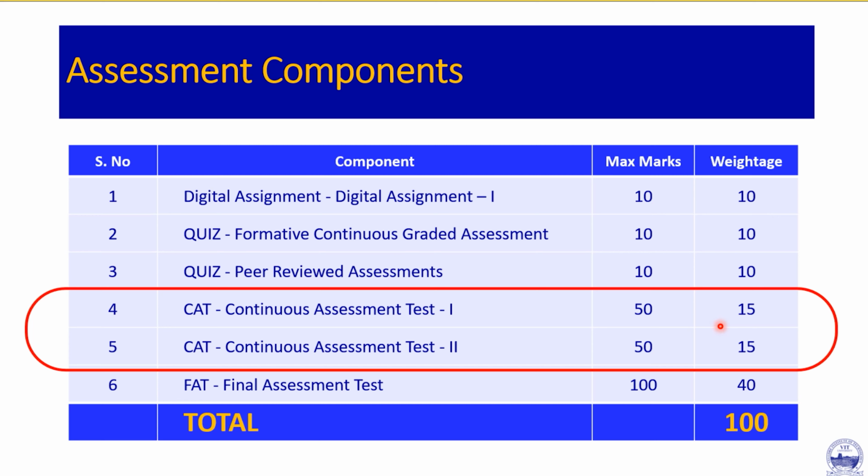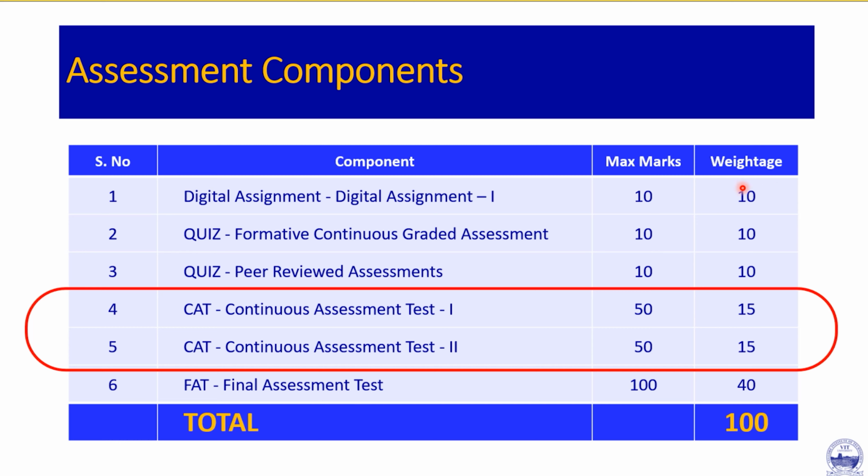Okay. So you will find that these two components have very great impact on your grade book. If you get 15 and 15 here, which is very difficult, you will be able to make 30 marks in your final grade. Automatically, 30 marks goes into your grade book. So even if you get 100 marks here, you are only going to get 40 in total. Of course, this is a very important thing. You need to pass this.